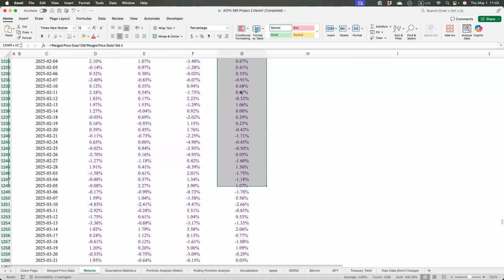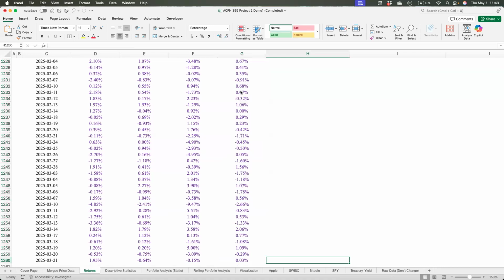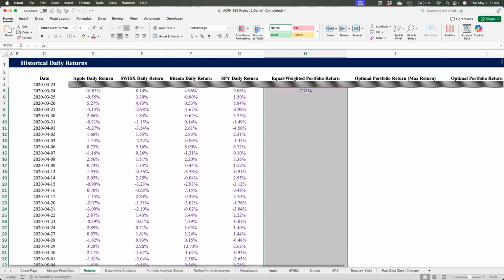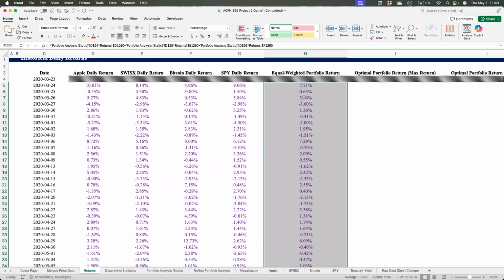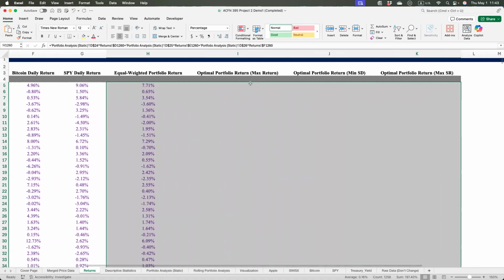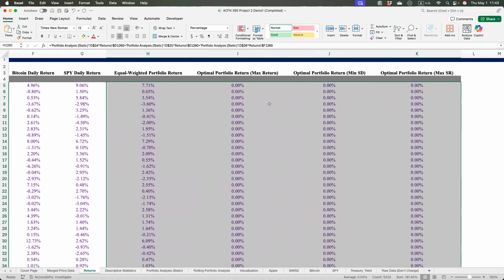So I'm going to basically just highlight this entire column, copy this down. And once I copy this down, since I locked the things that I'm supposed to lock in the correct way, I can just go ahead, copy this formula to the right to get all three other optimal portfolio returns calculated. Right now it is zero, which is right because I haven't set up the weights for them yet. But the calculations are set up correctly, so I don't have to worry about coming back to redo this return